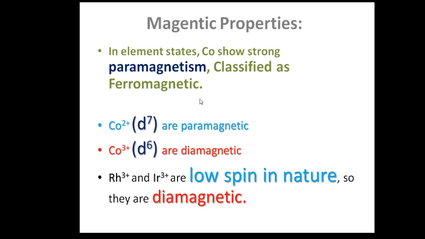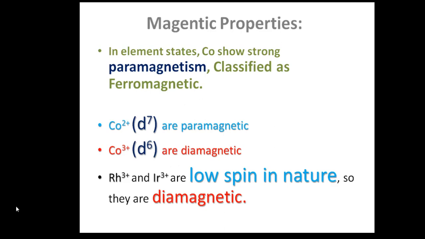Okay, and as we move down, there is a rise in size. Larger size starts growing from top to bottom, and it increases from the first to the second. However, from the second to the third transition series, the rise in size is negligible. That is a very important thing. So this is basically a brief history of the second and third transition series elements. Let's see the differences between the first, second and third transition series, which we started in our previous two or three presentations.